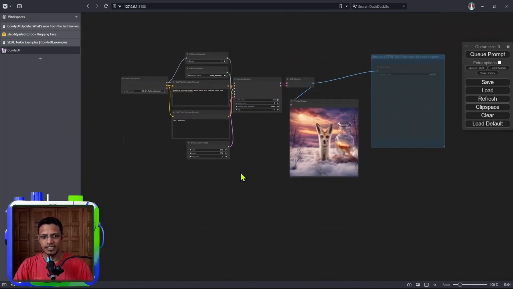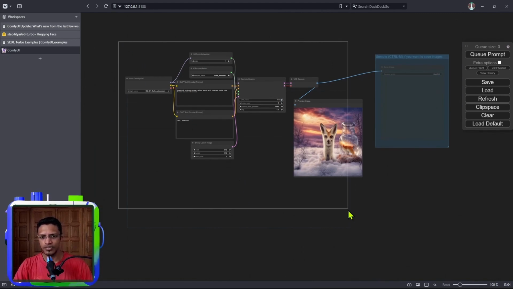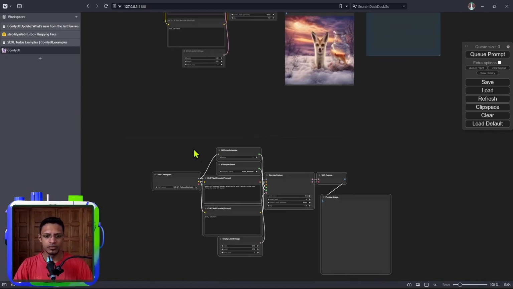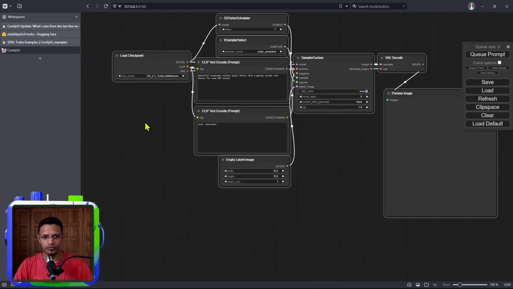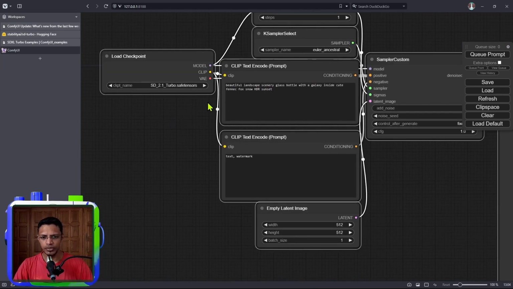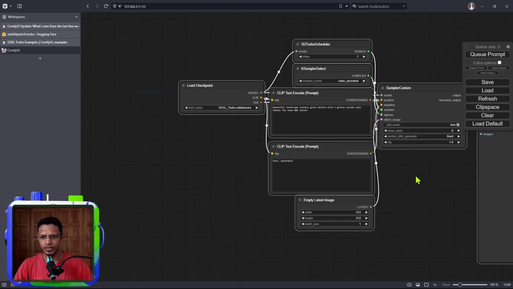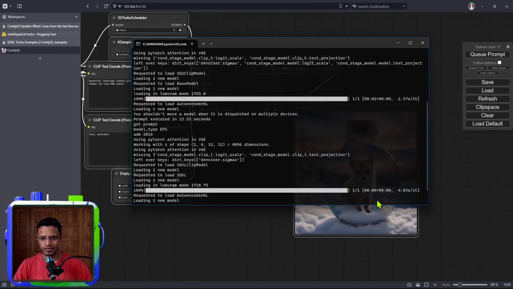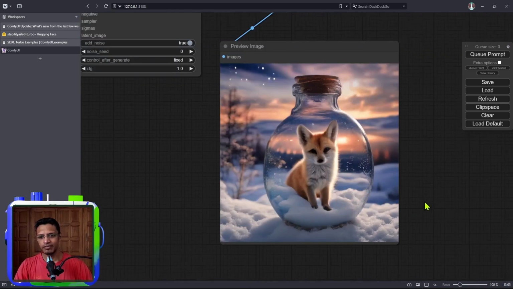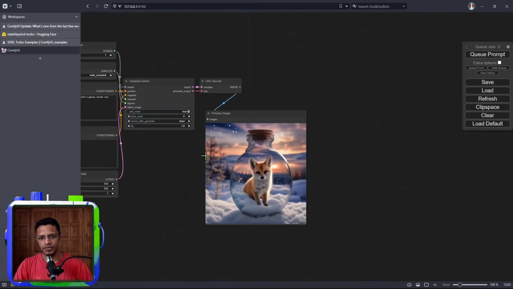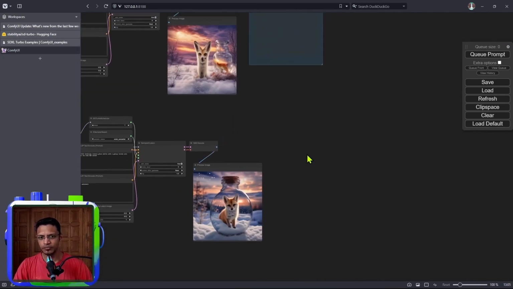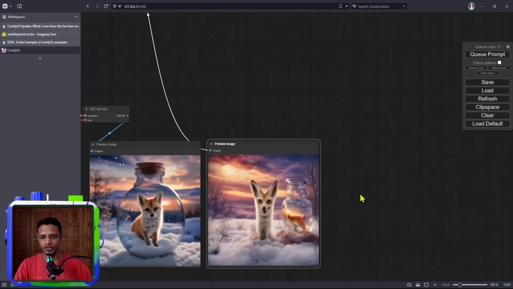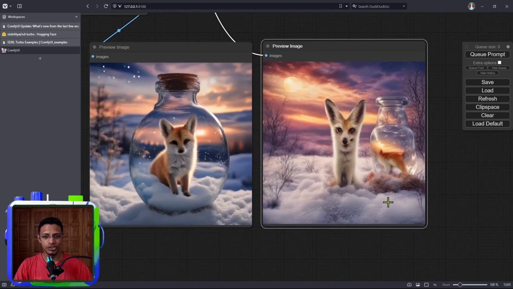If we do the same example with the same seed with SDXL Turbo, I'm going to duplicate the workflow and change the checkpoint to SDXL Turbo. Leave everything the same, including the seed, and click on generate. In my case, the SDXL Turbo took 4 seconds. That's 2 seconds extra. But now I have a better image, I would say. This one is from SDXL Turbo, and the top one is from this new model, the SD Turbo or